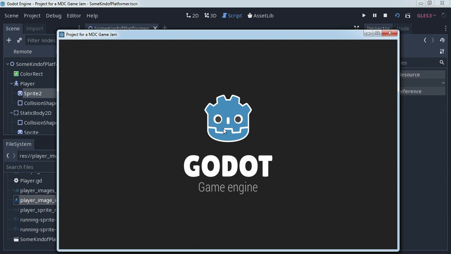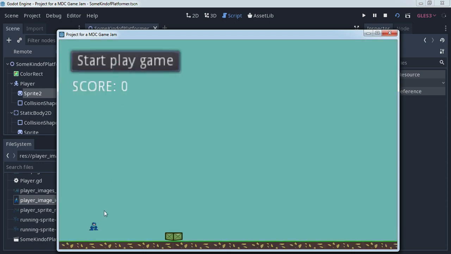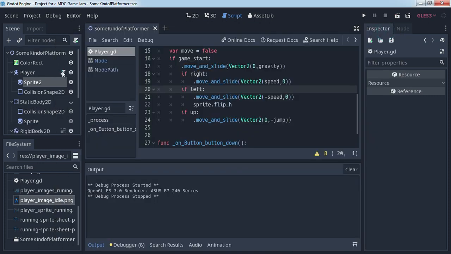So when we move right, the image is the same as on the right. When we move left, we need horizontal flip. So when we move left and the game starts,